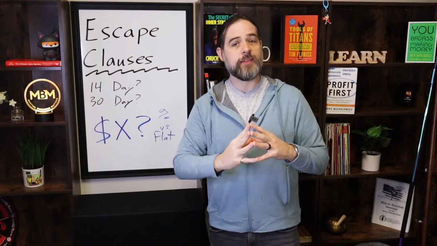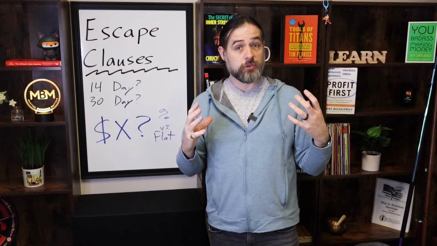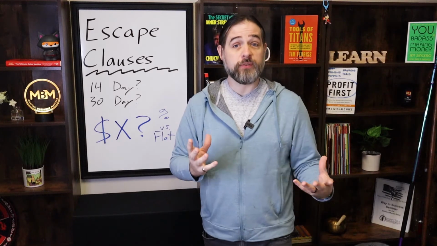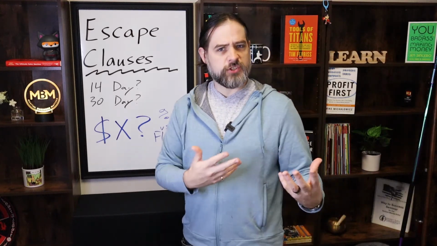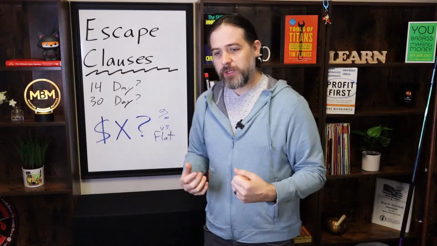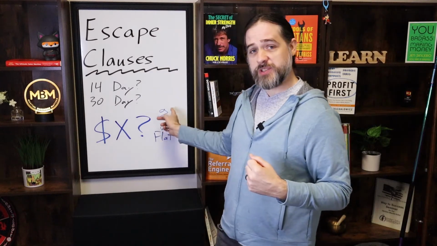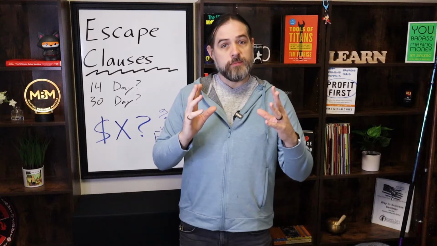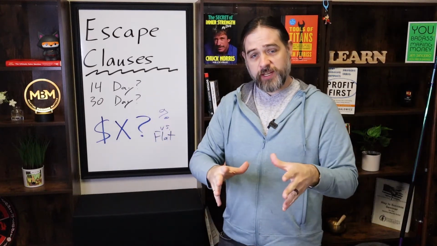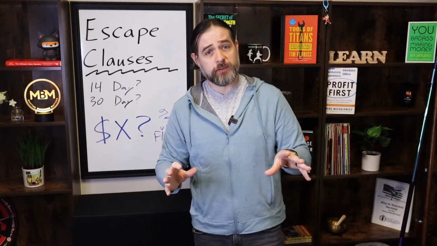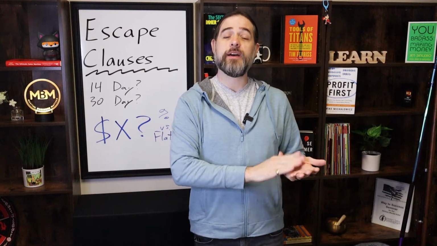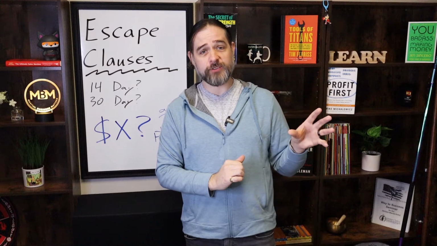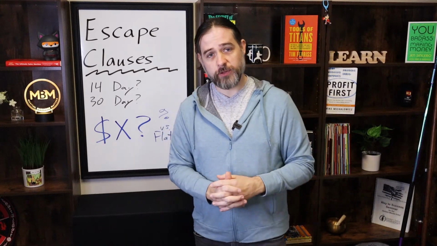Let's say that we do have that 1 year contract, that 12-month term, and it's a face value of $2,400, which breaks out to $200 a month. A way of doing it as a percentage termination clause would be to say that they can void the contract, they can cancel out the contract by paying 50% of the remaining contract value, or the remaining balance of the contract, to dissolve the agreement.